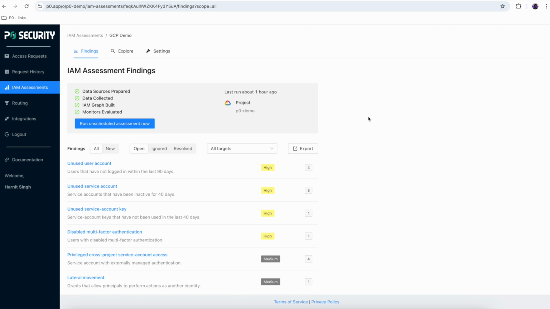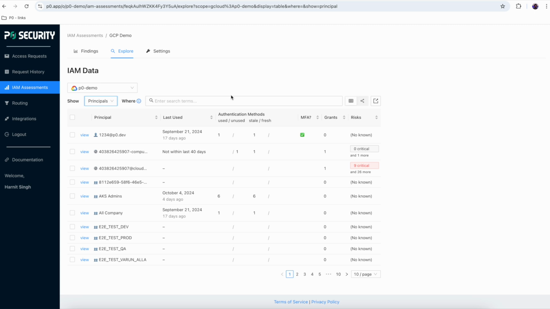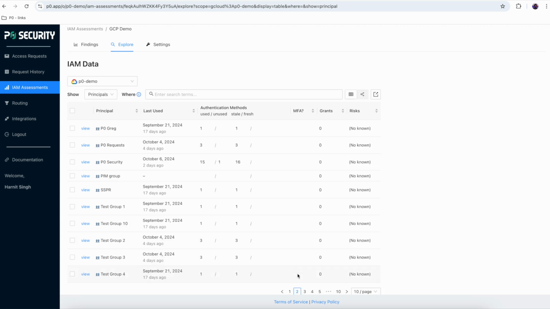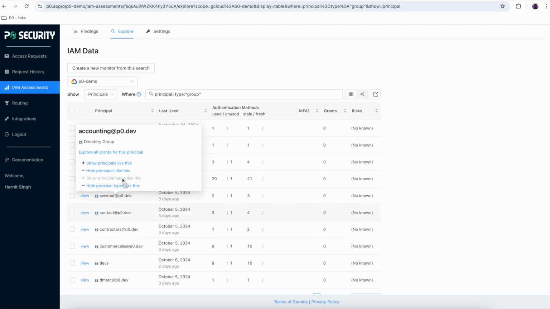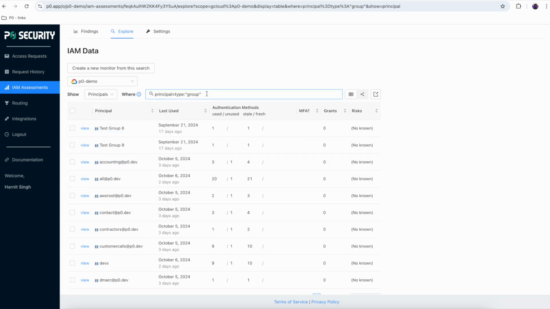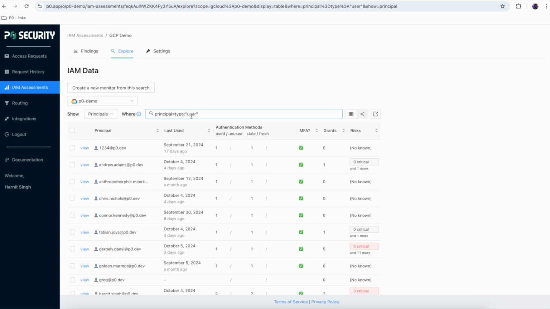Now, if you want the entire inventory of identities, you go to Explore from the top of the page. Here, you choose to show all the principals, and voila, you're presented with all human and non-human identities. You can use our query language to further filter down this list to just show groups, or users, or service